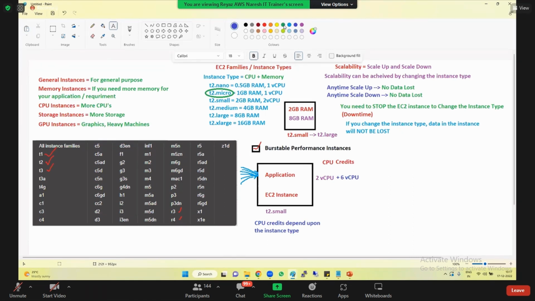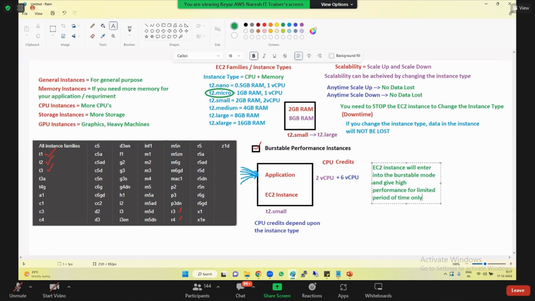Yes. And remember that if that 8 CPU gets exhausted, it will come back to the normal position. So like this in the back end, AWS will give, that's why it's called burstable. When it reaches its base level, it will burst. So the EC2 instance will enter into the burstable mode and give high performance for a limited period of